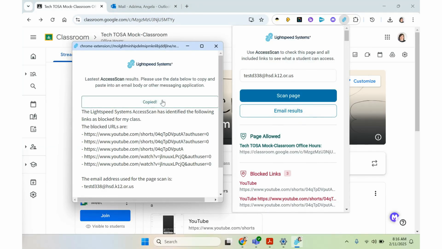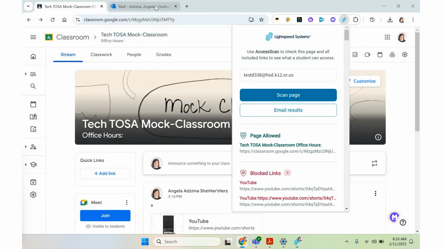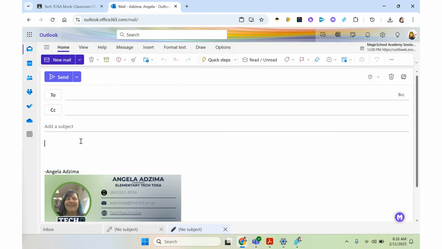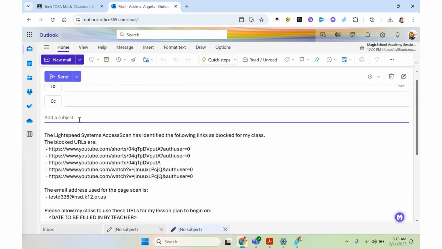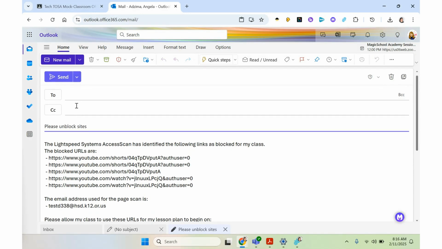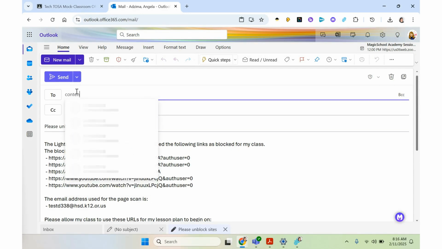I can copy the results to my clipboard, go to my email, and paste the results. Please unblock sites. I need to send an email to